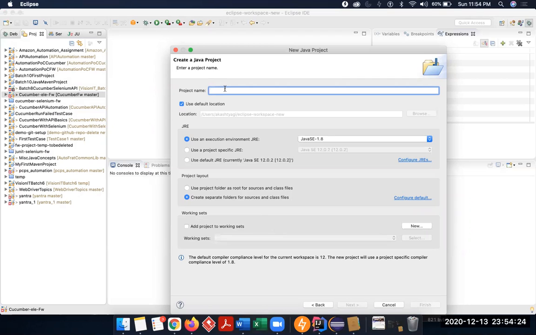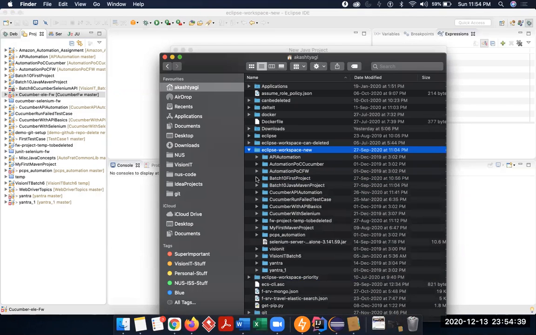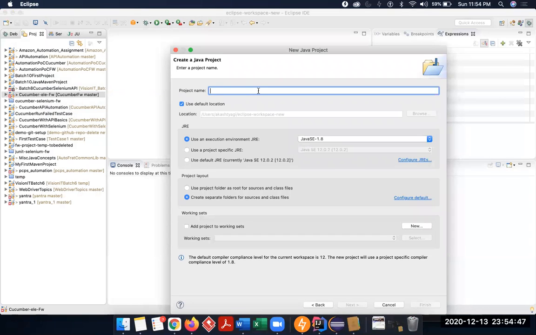Whatever project name you give here will be your project name displayed in the Eclipse Project Explorer, and you will also see a folder being created under whatever workspace folder you have chosen. You will see a folder there as well. I'll show you that once I create it. So I'll give a project name as, let's say, my